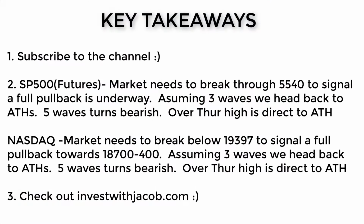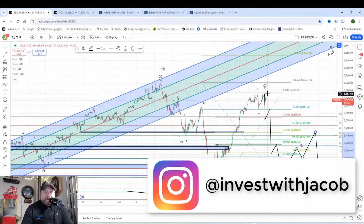All right, our key takeaways for today. The bears tried to start a move down here. They did pretty good. They need to break last week's low, 55.85, and then a break of 55.40 tells us we're likely in this B wave toward the 5400 to 5350 area. If they cannot break down and they start to move higher and break out over this high that they made yesterday, then we'd be looking at a more direct route towards 5800. If there's a 5-wave move down, and that's the only other caveat, if it's 5 down and a bigger 5 down toward the lows from a couple weeks ago, then we would shift to a bearish outlook